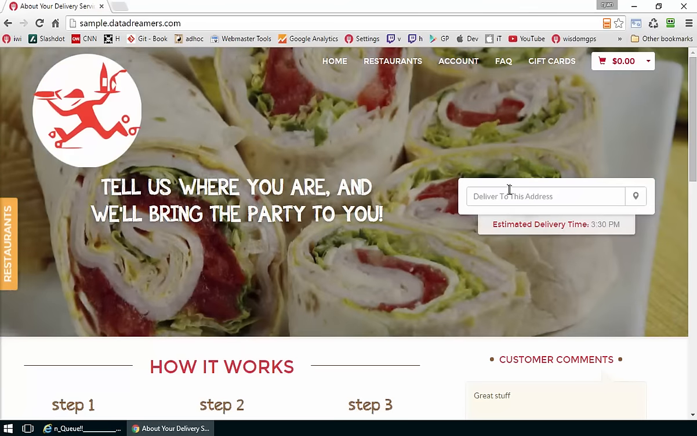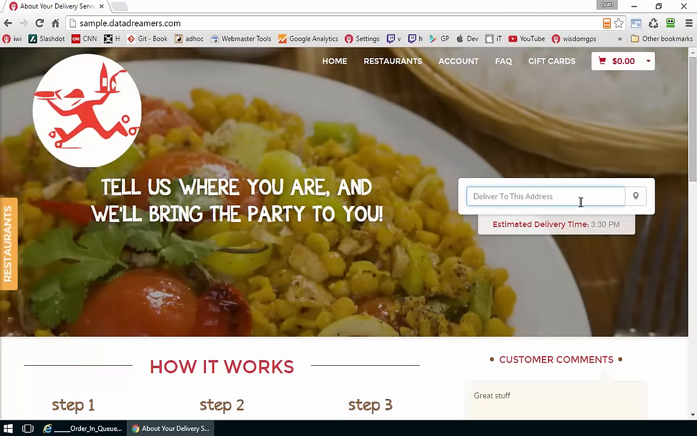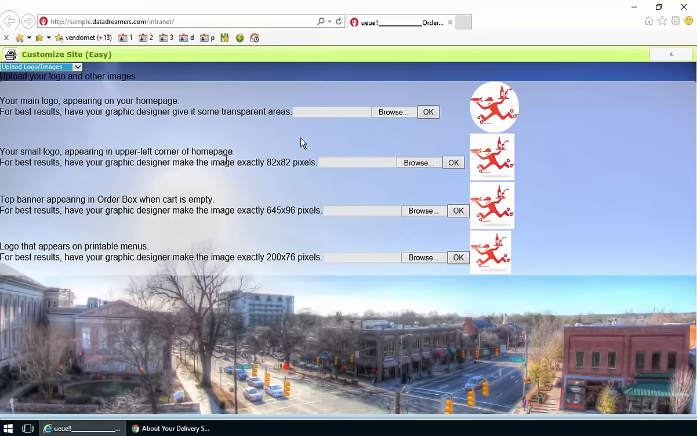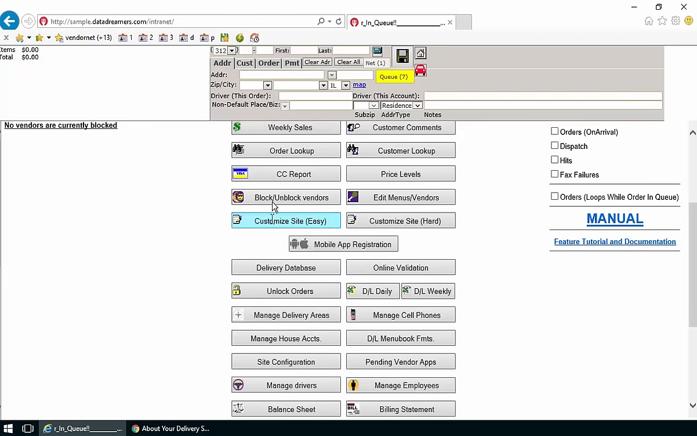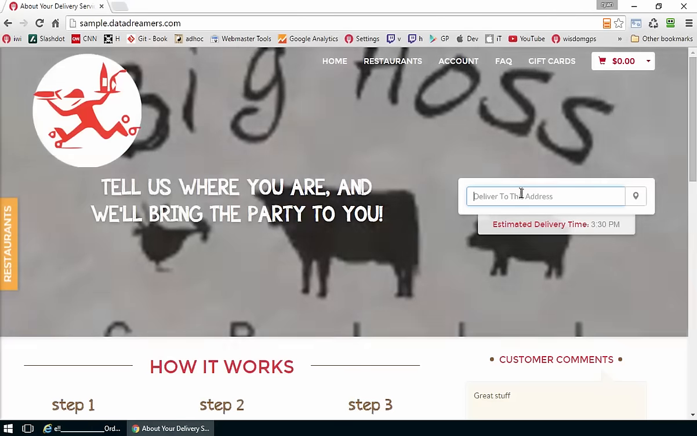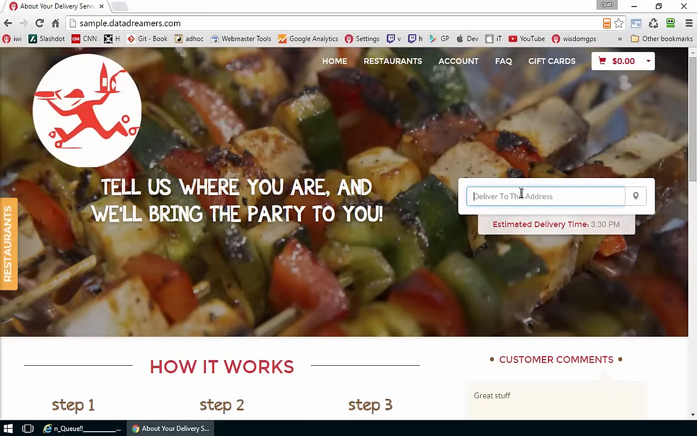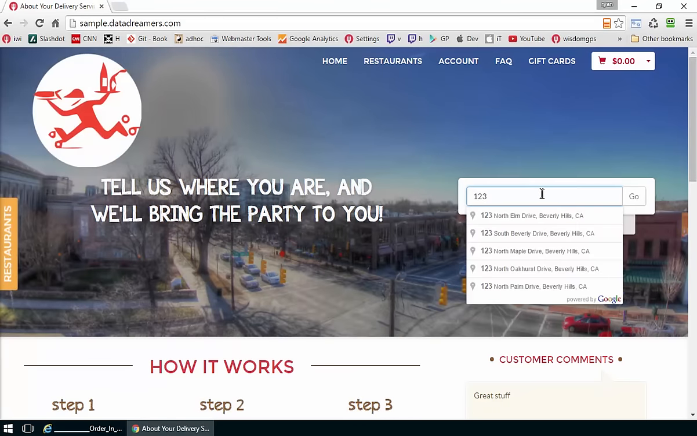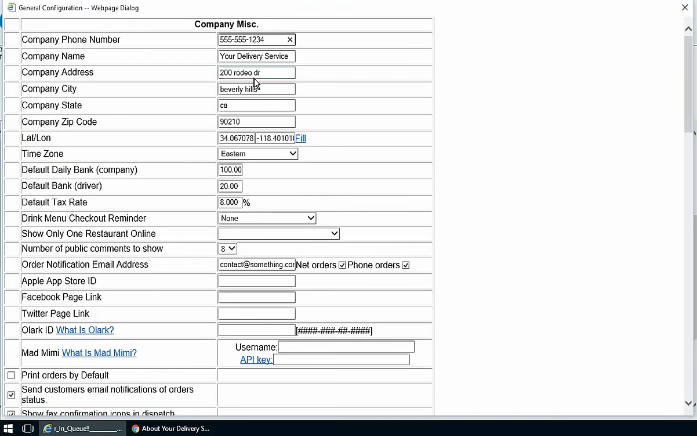Another thing that is new is the address finder. It uses the Google location API or the autocomplete API. So in your site configuration, there are these places for latitude and longitude. These results, when you start typing, will be biased towards a radius around that latitude and longitude. So right now it's in Beverly Hills somewhere. And when I start typing, it does address complete for Beverly Hills. If I change this to